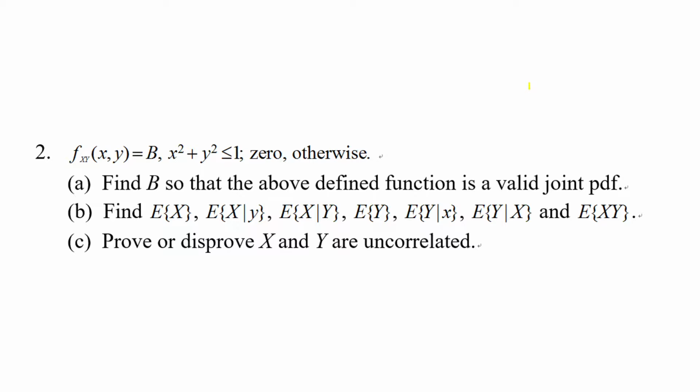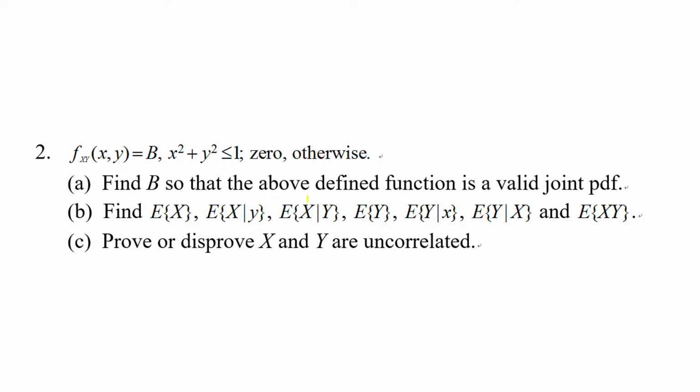And this question is: f(x,y) is equal to b, where b is a constant and x squared plus y squared is less than or equal to 1, which is referred to as a circle actually. f(x,y) is equal to 0 otherwise. And the first question is, find the constant b so that the above defined function is a valid joint probability density